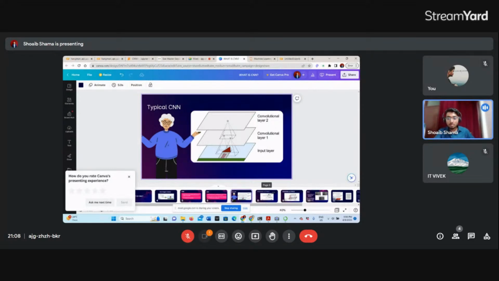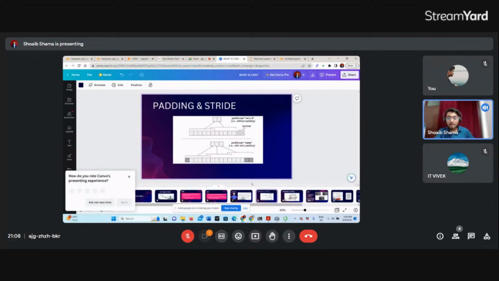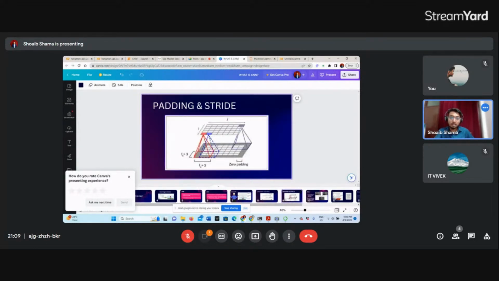बाकी कुछ नॉर्मल टर्म्स होते हैं: पैडिंग और स्ट्राइड। तो पैडिंग से पहले स्ट्राइड देखते हैं। जैसे ये हमारी इमेज हो गई, ये पिक्सल वाली, और ये हर रिसेप्टर फील्ड है, जो रेड में दिखाई दे रहा है, ये भी एक रिसेप्टर फील्ड है। और जो ग्रे में दिखाई दे रहा है ये भी एक रिसेप्टर फील्ड है। तो स्ट्राइड ये है कि जब आप एक रिसेप्टर फील्ड से दूसरे रिसेप्टर फील्ड में जा रहे हो तो कितने का जंप ले रहे हो। जैसे इसमें जंप 1 का है, तो इसकी स्ट्राइड होगी 1।